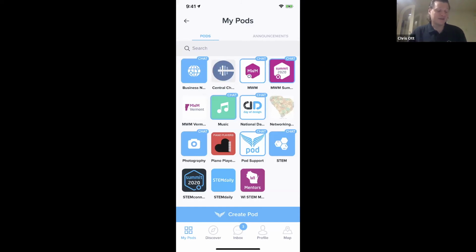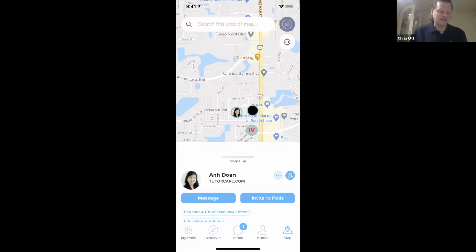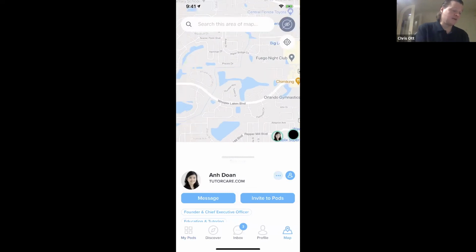Yep. And it really revolutionizes the ground game because it allows people who share that geocentric piece of community that you were sharing about in your demonstration, showing those people and where they are in the area. So if you're looking to find local support, Pod is a great way to do that too. Of course, it helps you manage the community you have, but how do you expand the community and find people who can help you in your movement and mission that are nearby? Pod's such a great way to do that because it actually allows you to see that there are people who share your interests nearby.